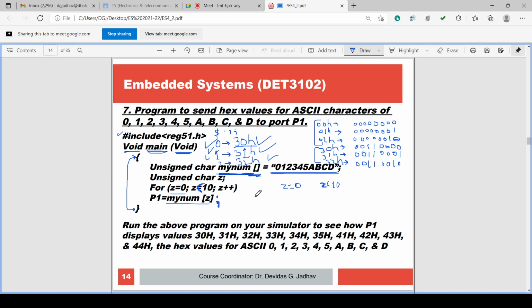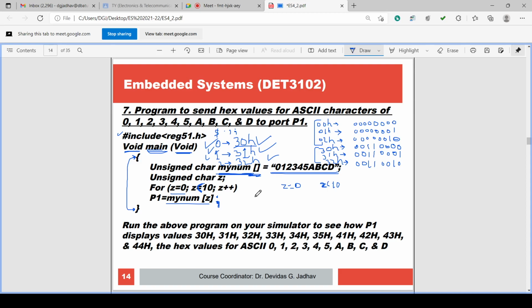Z is a variable in this program, so Z stores one value. Z will store 0 only. Z will store 1 only. Whenever Z is storing 1, it is not storing 0. It is changing its value from 0 to 1. Z can store 2, its single value. But an array can store multiple values.